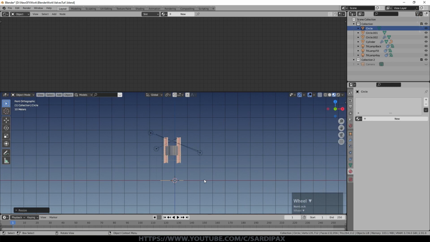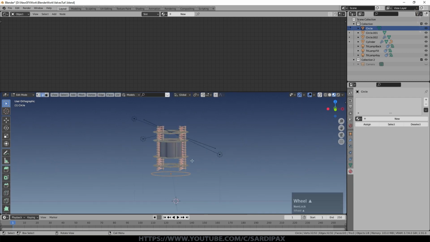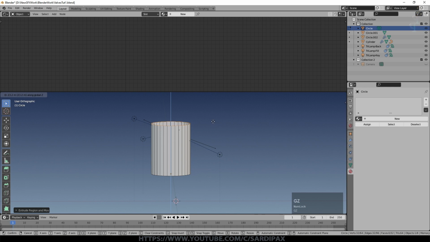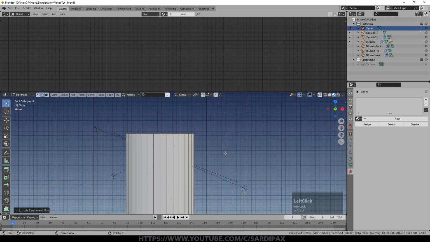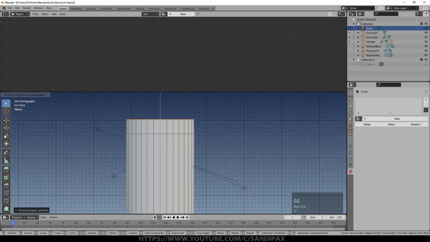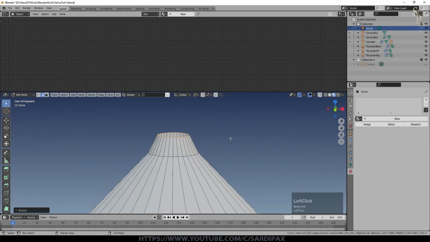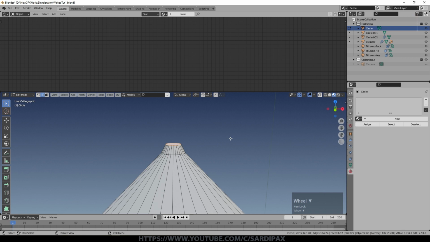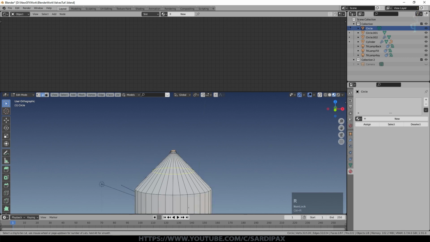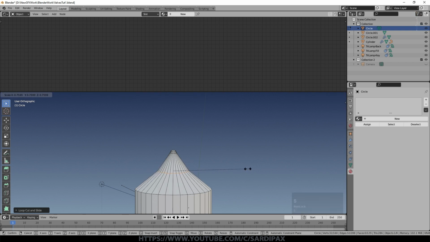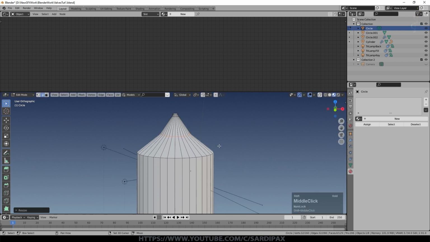As I said, with the one that I made before, I did have a load of little pins. I'm not going to worry about those again, they're just cylinders. Go into edit mode on our circle, E, click GZ, and just drag that up like that. Then E again, GZ, and we'll take that in, E, GZ, and then F just to fill the end. So we need to Control R and put some more edge loops here. I'm just going to try to get the sort of shape that I want here first.